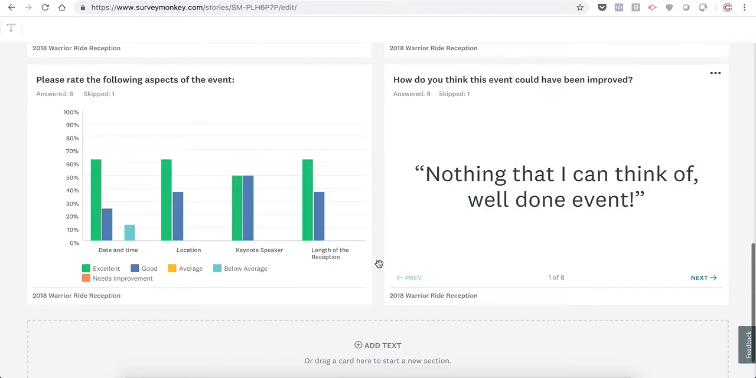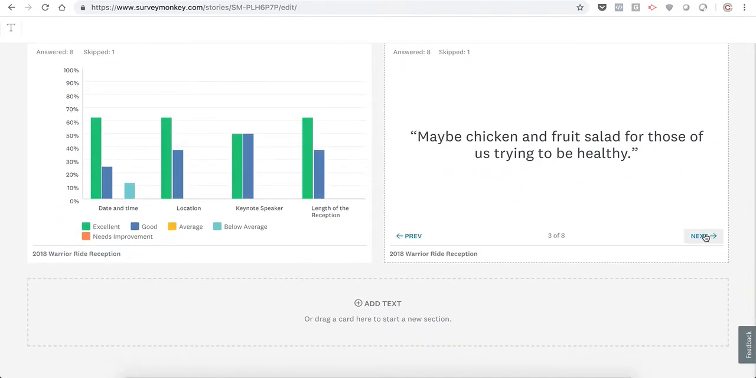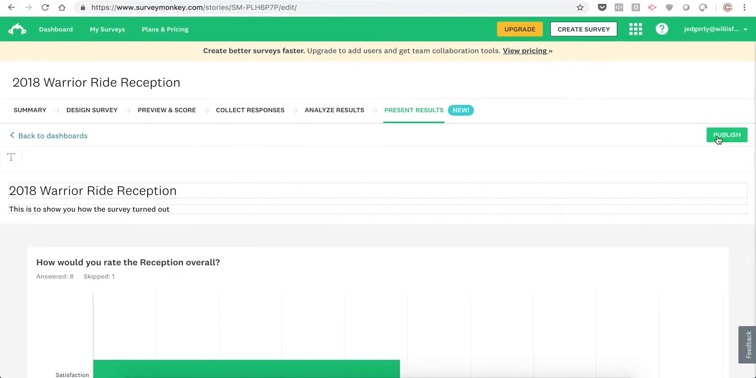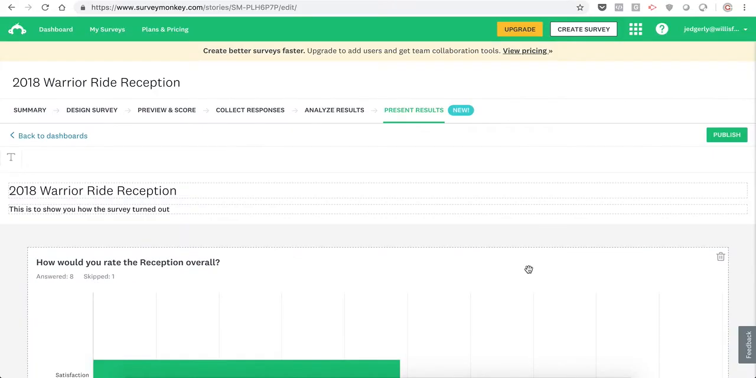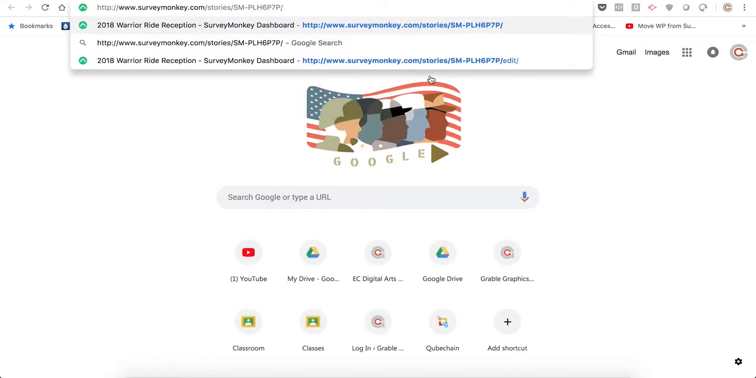So all those are presented in kind of a nice way. This looks kind of nice with the little slide back and forth. So I like that. I'm going to click on Publish, and then it says Publish Dashboard. I turn sharing on, and then this is the link that you would copy to share it. So I would email that, maybe put an email together and say this is how the survey turned out, and then I'd open up a new tab, paste that address,